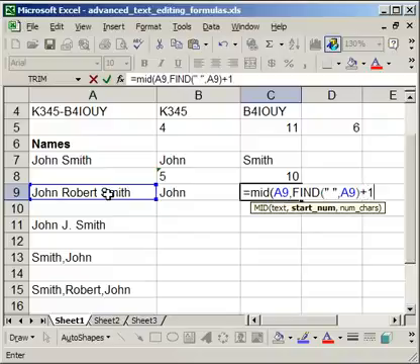If you leave the +1 off, the find is only going to find up to the space, and it's going to include an extra space, but we don't want that. We want it to start counting after the space, so one character after, +1. Now, comma, we need to find the number of characters